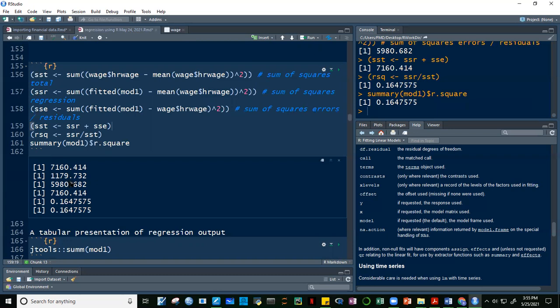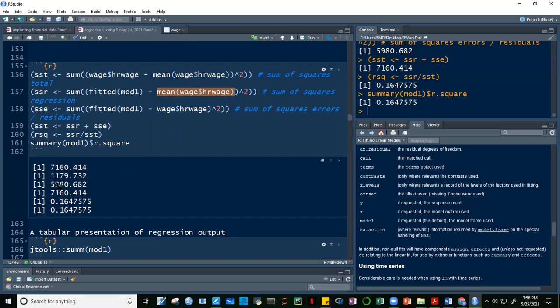Ano nangyari? Na-improve natin yung model natin. Kaya nga ito guys, sum of your fitted, no? Ano yung fitted? Fitted guys is the function for predicted value. So you can use this function fitted, and fitted ng model 1, no? So yung fitted value ng model 1 are your predicted values. Okay, so your predicted values minus the average ng hourly wage, di ba? Yung difference na to, tapos in-square natin, and then sinum up natin,